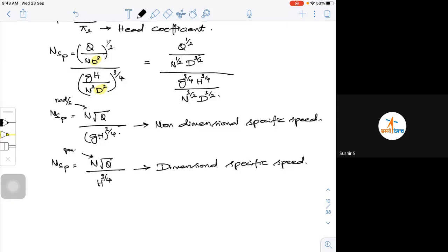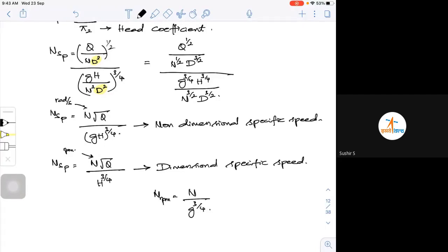Dimensional specific speed. So N will be equal to N, where N is speed, that is RPM, in radians, divided by G to the power of 3 by 4. So I got this. What is the significance of this particular thing? So the significance is,